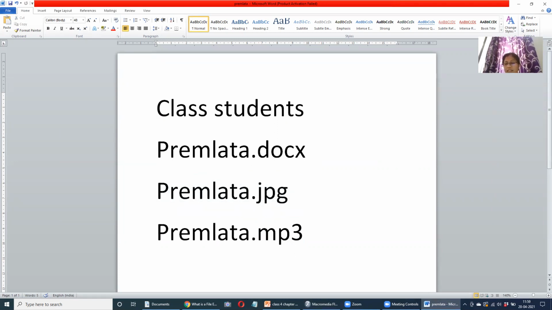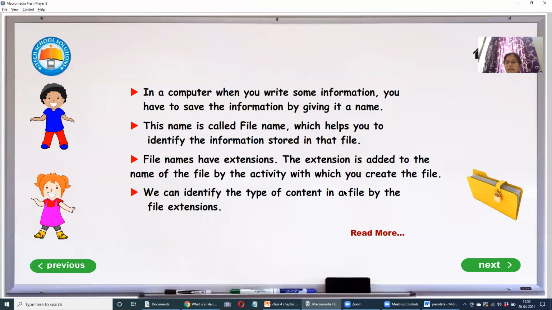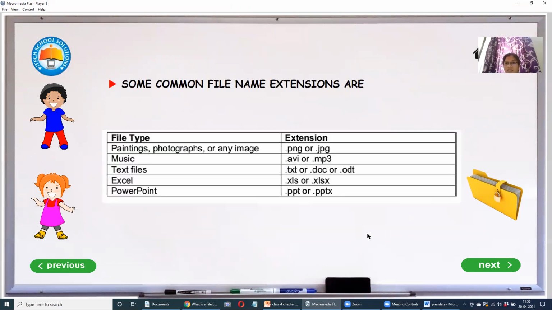Just with the name and the extension, I can understand what kind of a file it is. Now premlata.docx, by looking at this name, I can understand that the particular file is a Word file, in the sense where I have typed some information. We can identify the type of content which is available in the file just by seeing the file extension.